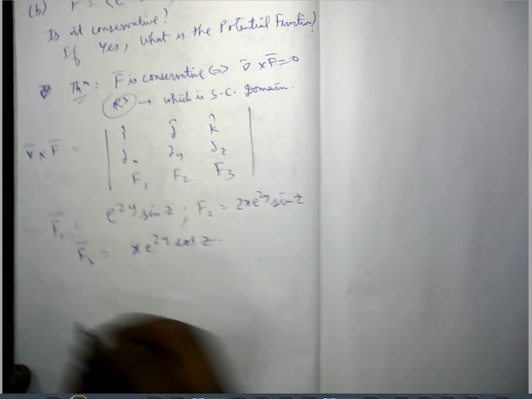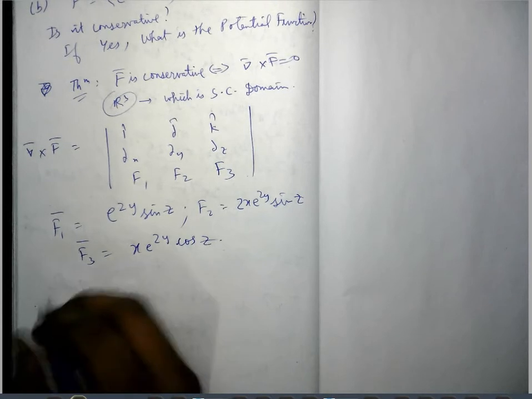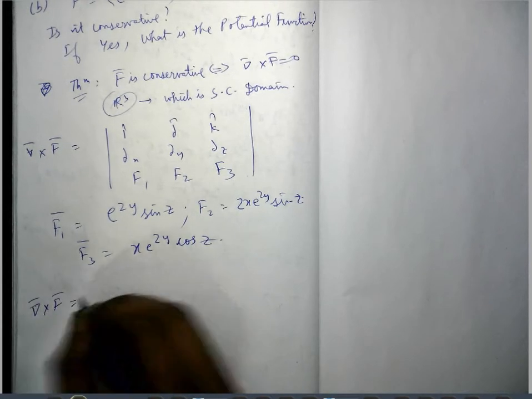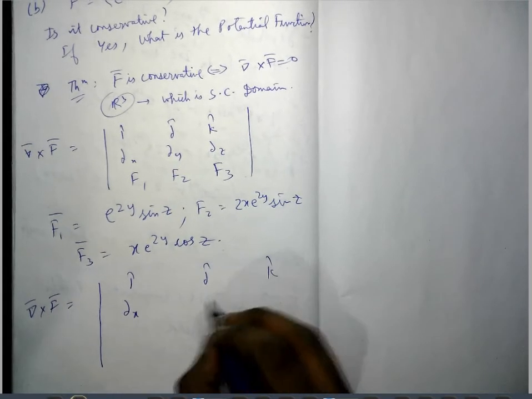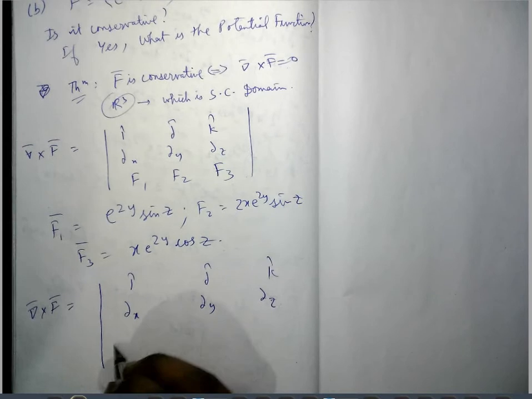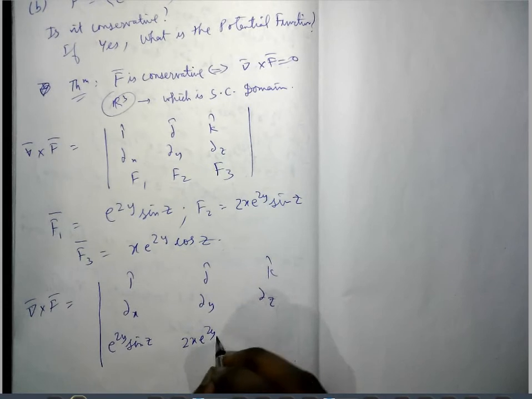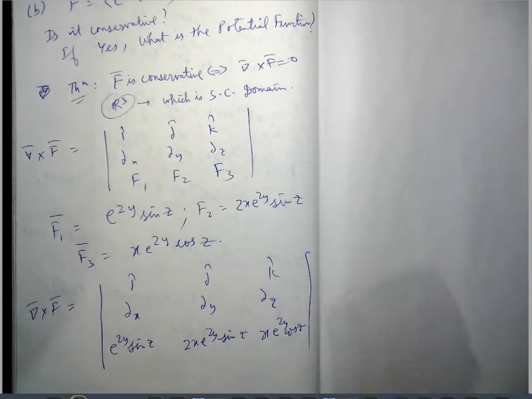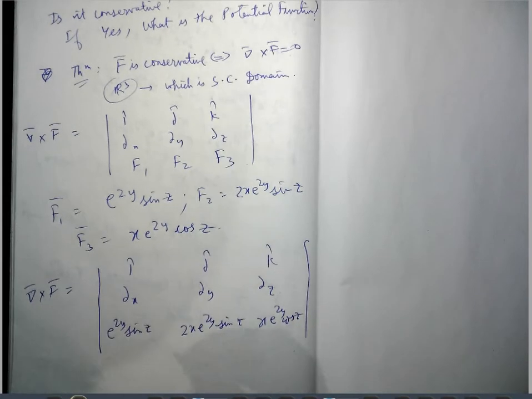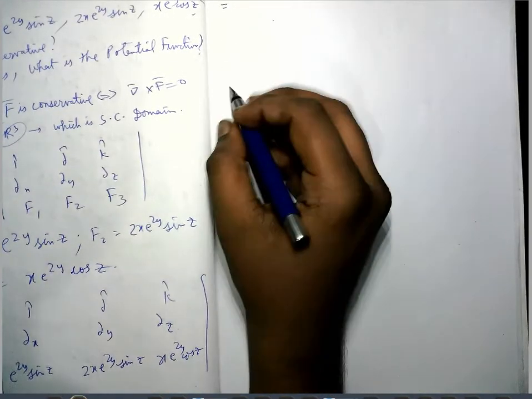i cap, j cap, and k cap here, partial x, partial y, partial z. f1 is e to the power 2y sin z, f2 is 2x e to the power 2y sin z, and f3 is x e to the power 2y cos z. And you want to find out the curl, so we'll expand it here. So this is equal to i cap times